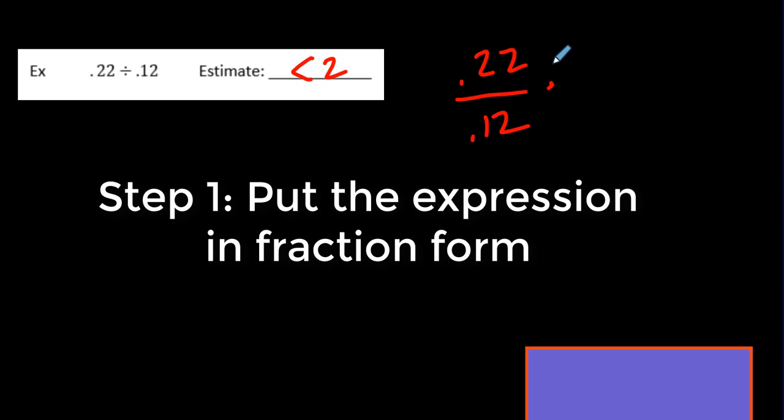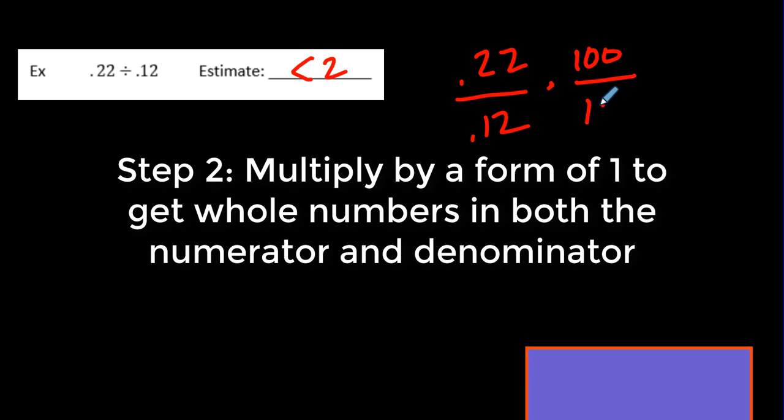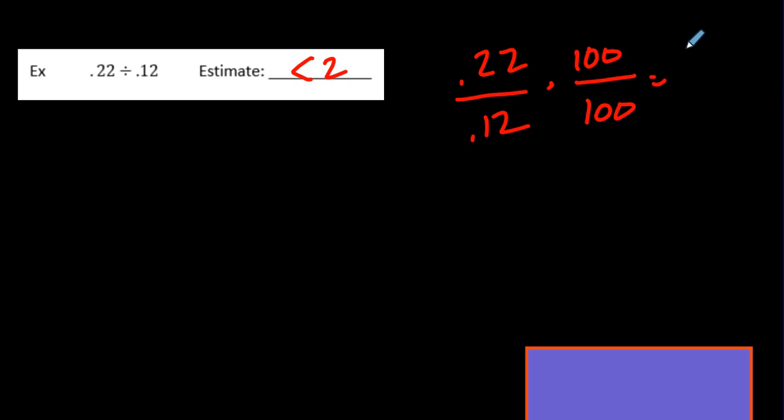We're going to multiply this time by 100, because we need to move the decimal place over twice. Multiply the top and the bottom by 100, because remember when we have 2 zeros right here, we're moving the decimal over 2 times. That makes sure that we have whole numbers, so we're actually doing 22 divided by 12. Remember that multiplying by a form of 1, this is a form of 1,